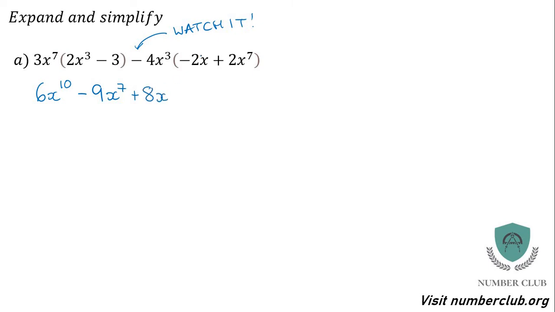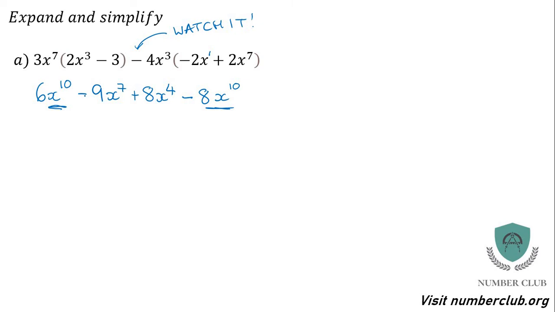And x to the power of. Now, if there's no power here, it's a 1. If it's not on, it's a 1. And so you get 8x to the power of 4. And negative times positive will make a negative. 4 times 2 will make 8. X to the power of 3 plus 7 is 10. Okay? Now that looks like it's as much done as it can do, but these terms here, they can be